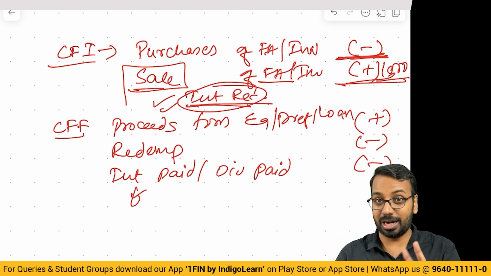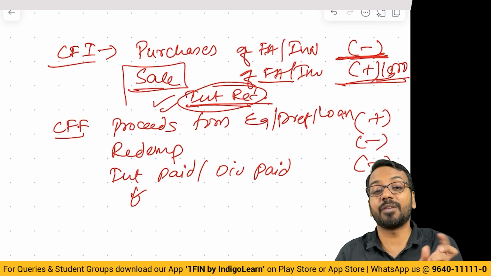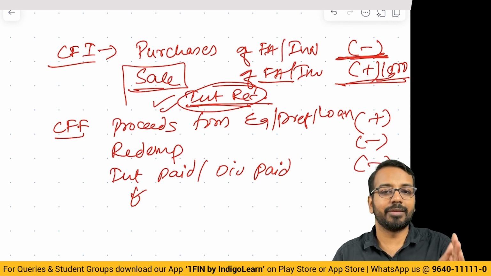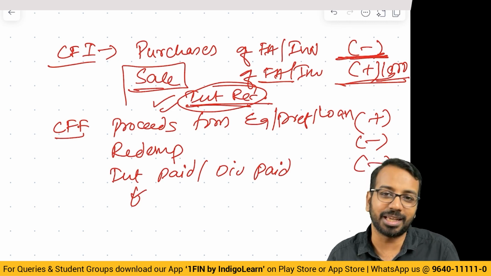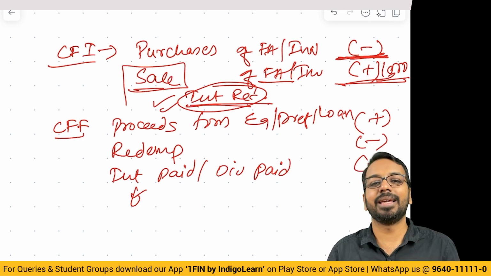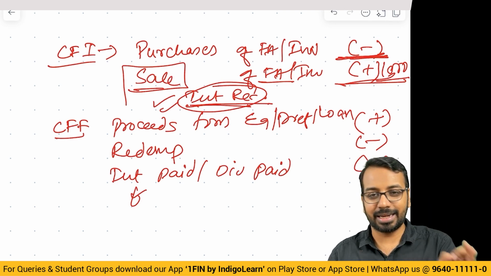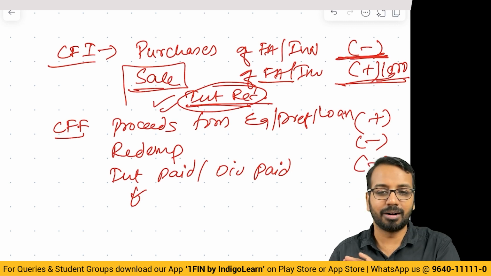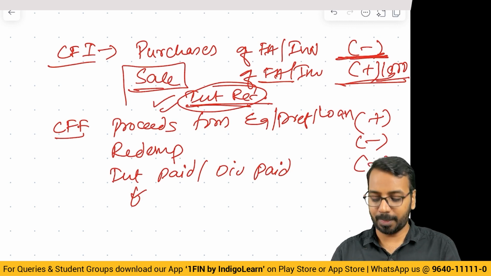So sometimes if you are lucky, you will get a question on classify the following items as investment, operating or financing activity. 8 or 9 points or 10 points they would give. Do it blindly. Even if you make 8 right, 9 right, 7 right, 6 right, bonus marks directly you can score, no problem at all. Okay. Then